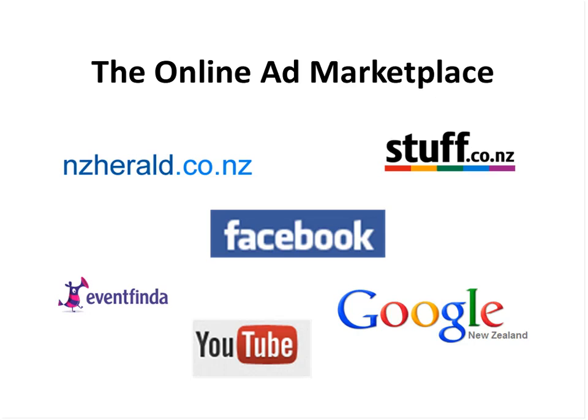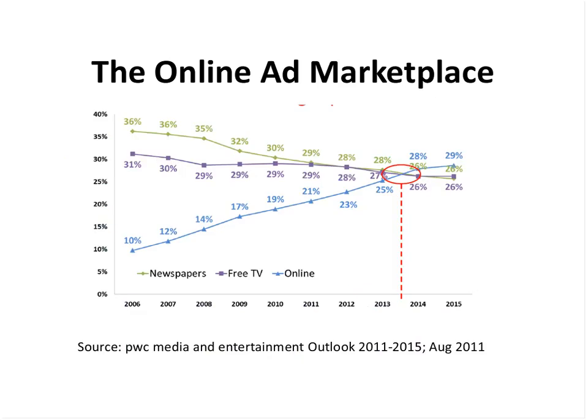You're not going to hear a lot today about traditional impression-based advertising, so traditional display in the New Zealand Herald, for example. Although I do have one example to share. I have to admit that our results from that traditional model of online display have never been great. So we still include them sometimes, but we're doing it less and less. And I'll explain a little bit more about that as we move on. So let's dive in.